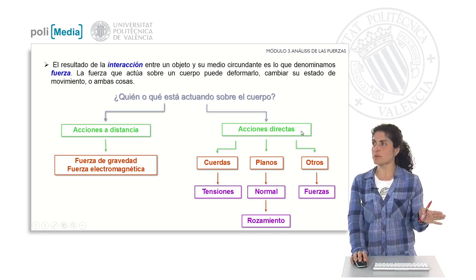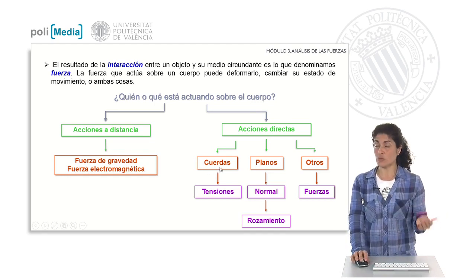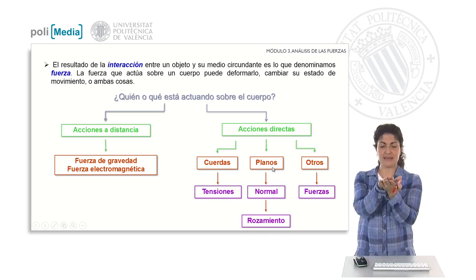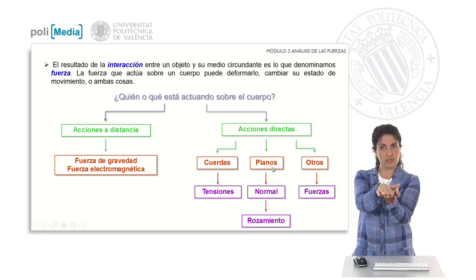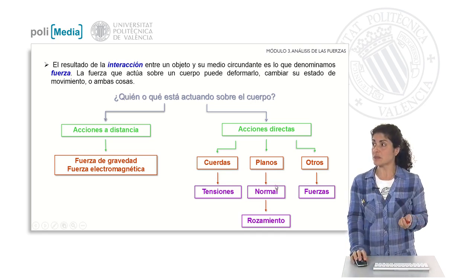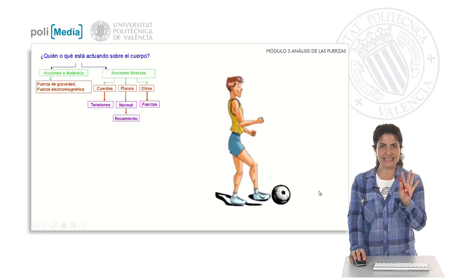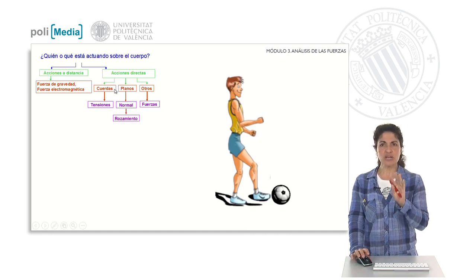And among the direct actions, we have a lot of examples to deal with. For example, the actions of ropes directly applied on bodies, which give rise to tensions. Direct actions due to planes that are in contact, as for example, when it is intended to produce a relative displacement between 2 surfaces in contact and there appear immediately normal forces, the frictional force, and other types of force that we will be addressing and analyzing in the examples, such as elastic forces. Taking into account this basic scheme, we will focus on the methodology that we have to follow to approach the